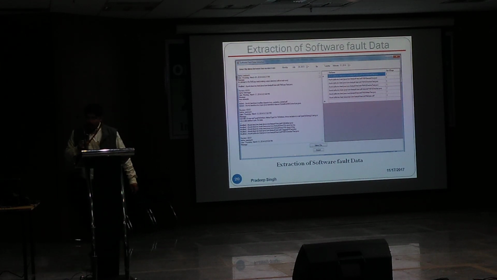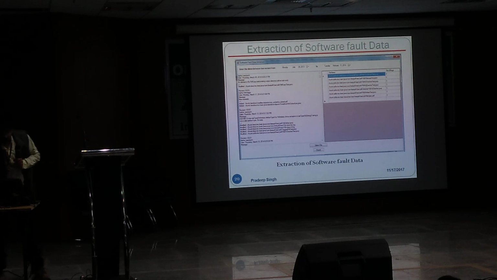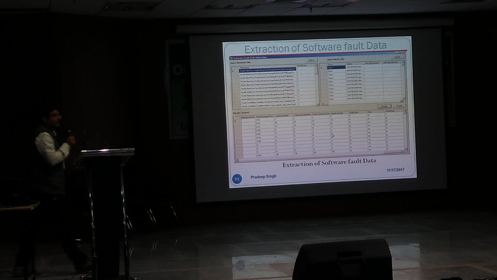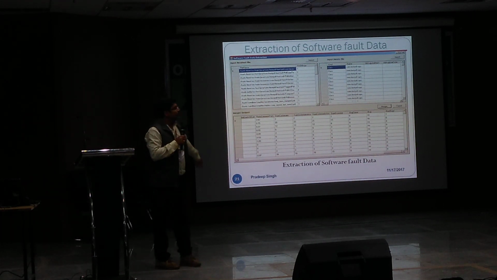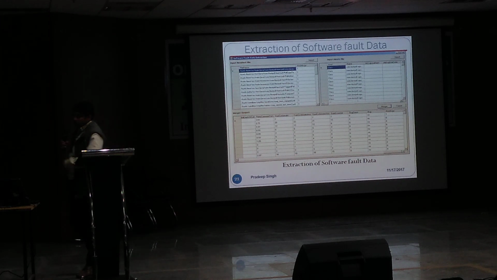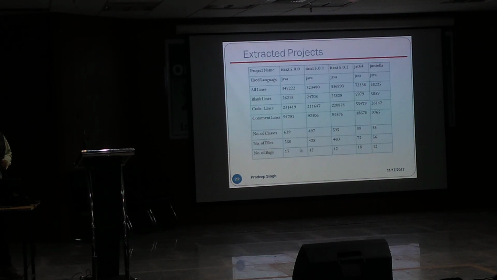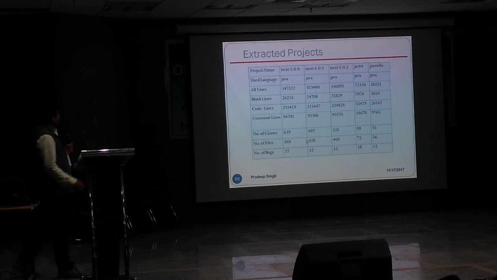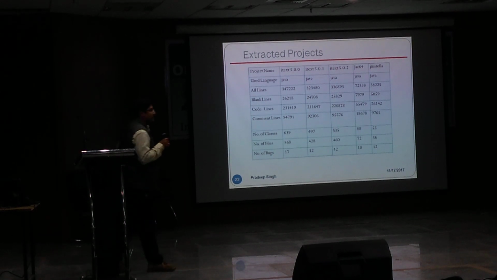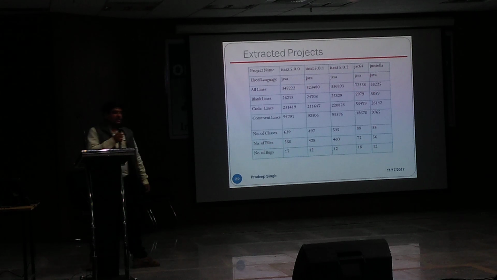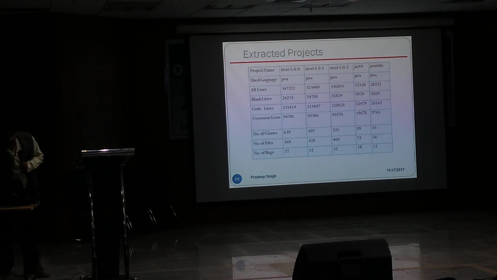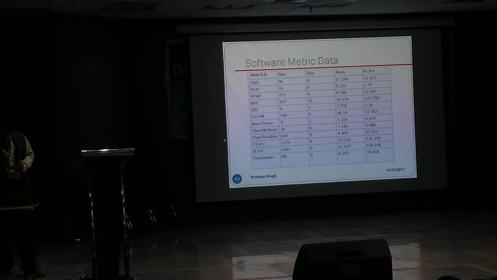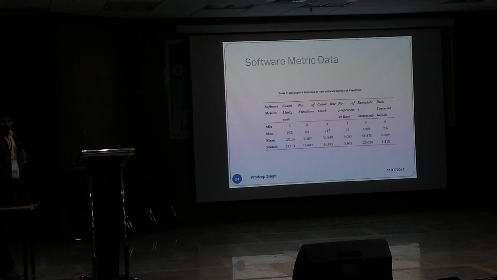So what we are doing is getting the files from this. We are extracting the files where the bugs are, and then extracting the software metrics out of those modules. Finally, we are going to create the software fault data, which is produced by this. And we have selected lots of software projects that are part of my project which I got from a sponsoring agency, and we are extracting the various metrics and doing this job.